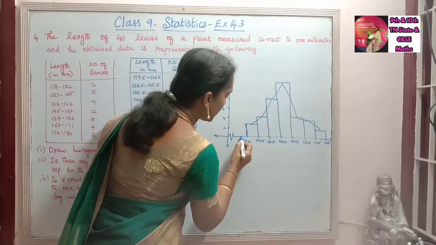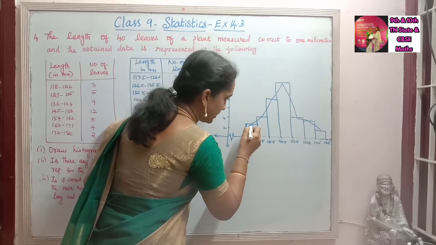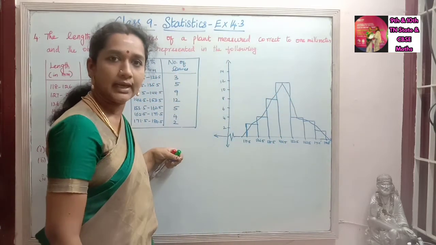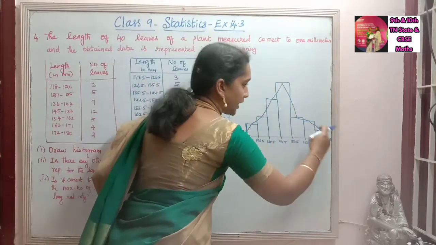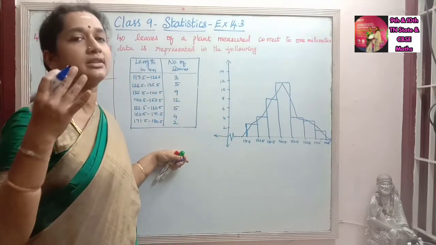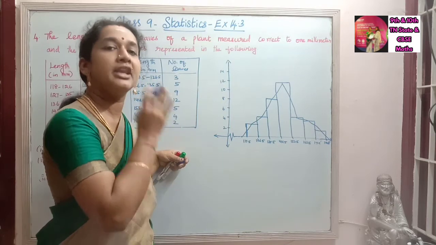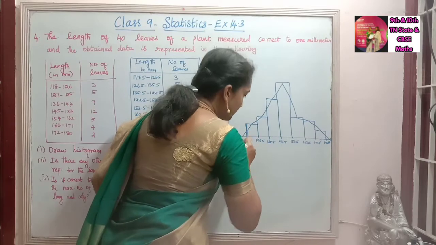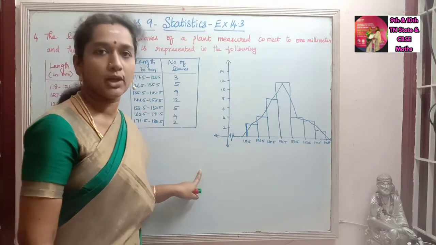Here, before that also, there is 0. In that 0 also, we will connect it. Here also, at that 0, we will connect. So that the area of the histogram and the area of the frequency polygon, we can calculate, and it will be equal. Definitely it will be equal. We are not going to that extent of calculating and checking whether it is equal, but the area will definitely be equal, so we have to connect this 0 and 0. It has to start from 0 and end at 0. So that is the frequency polygon.